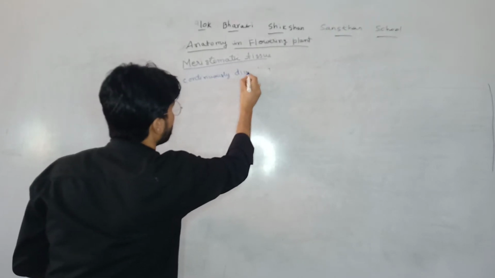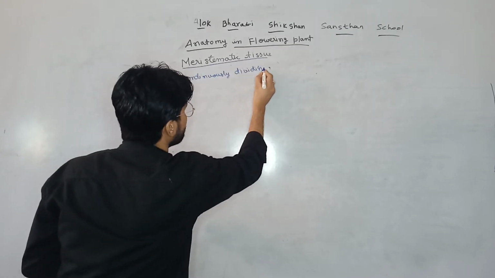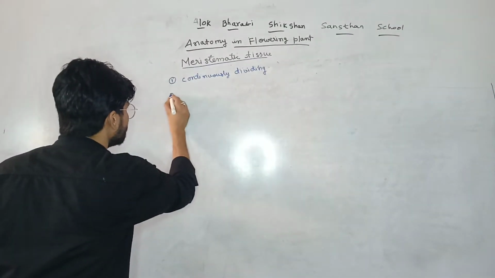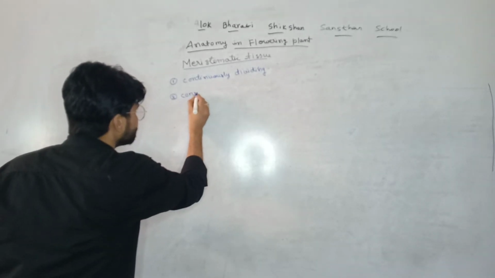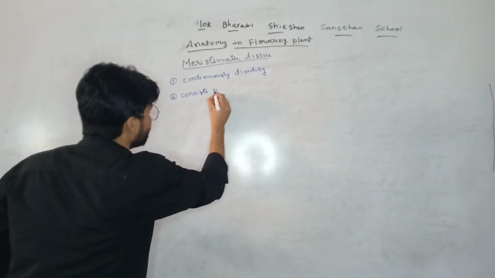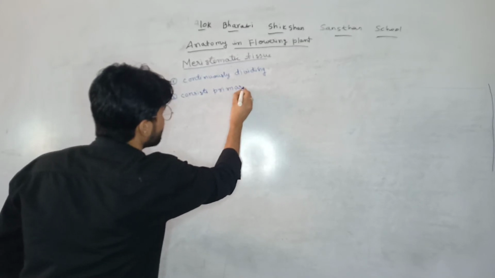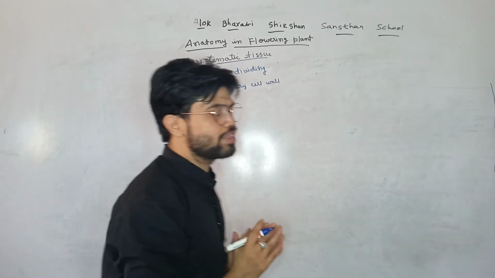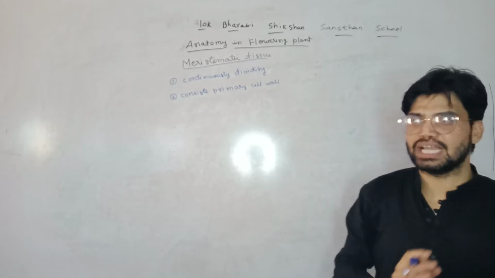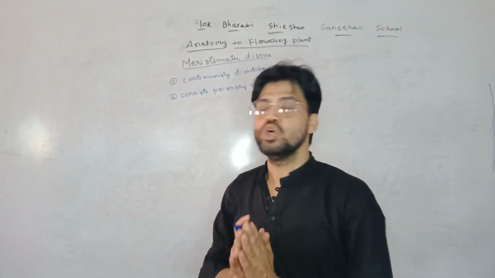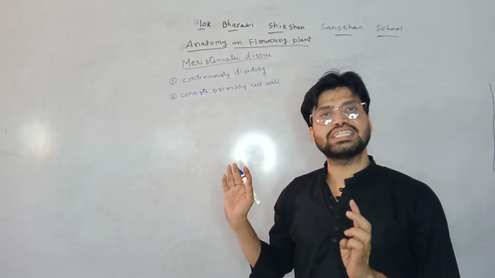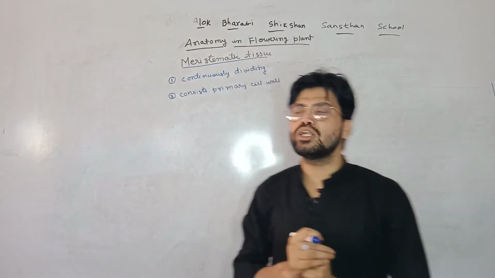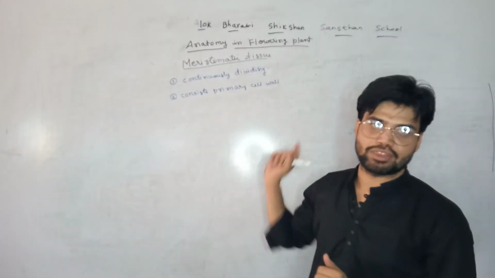After that, my dear students, this meristematic tissue contains a primary cell wall. This primary cell wall is present because it helps in attaining flexibility and helps in cell division, the division of the tissue. As you know, there are three types of wall: primary, secondary or tertiary. But here you can see only the presence of the primary cell wall.